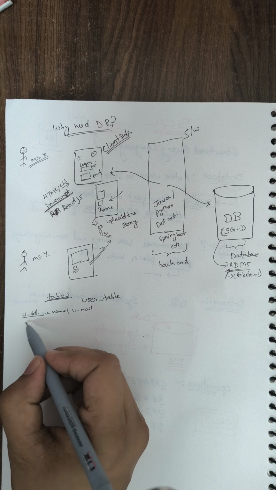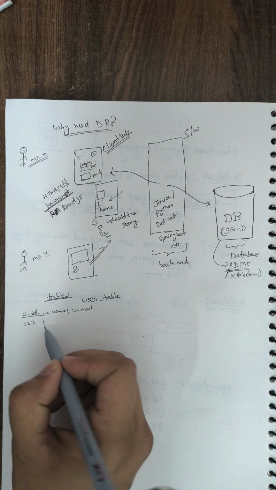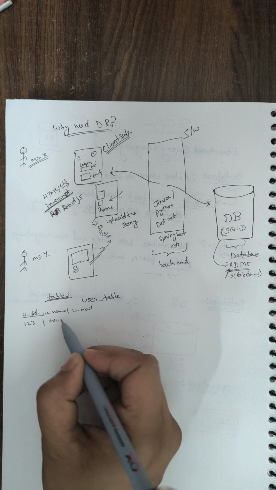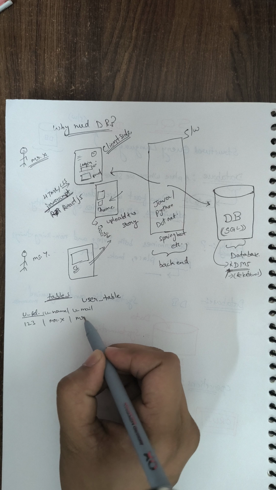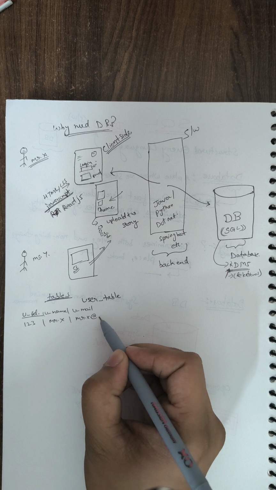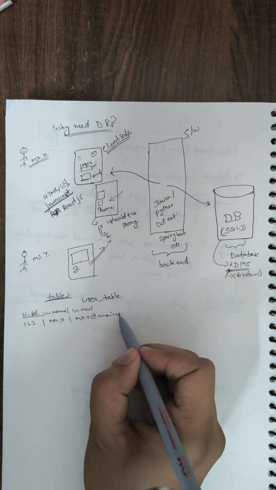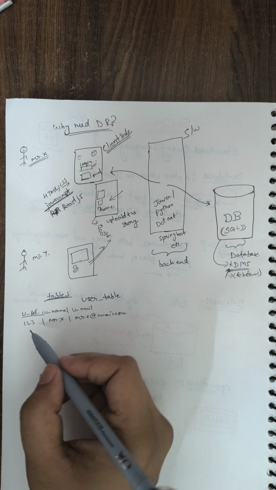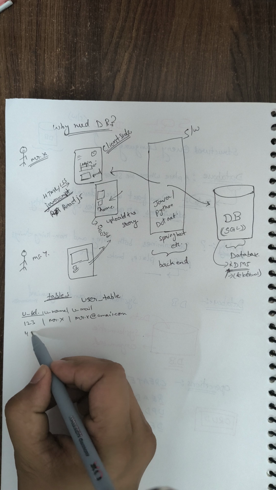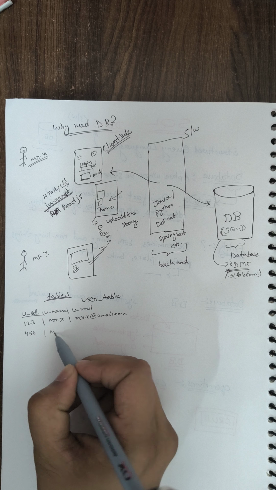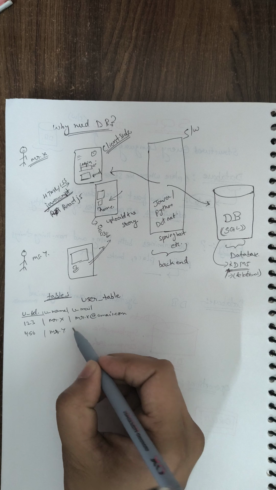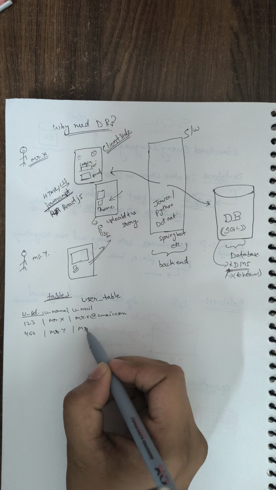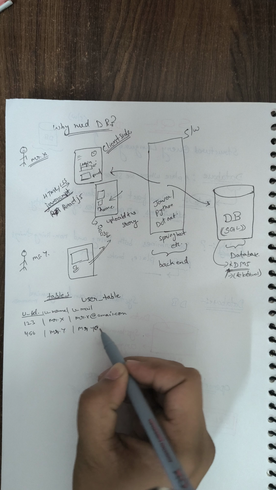Our Mr. X will have some ID 123, name Mr. X, email Mr. X @email.com, and our Miss Y will also be there with name Miss Y and Miss Y @